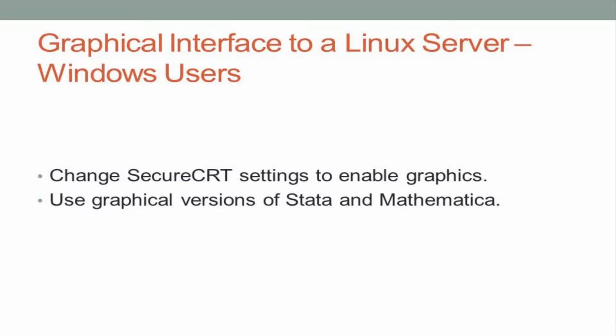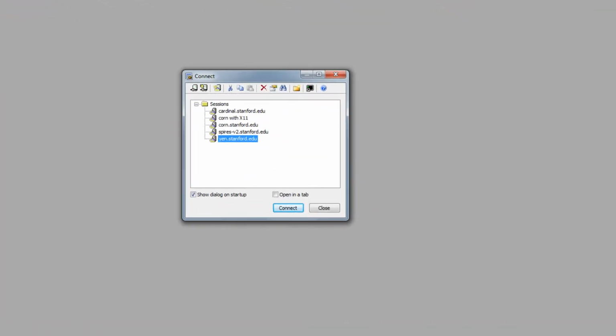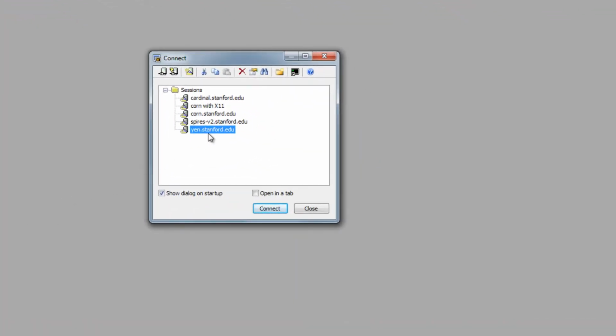This video is going to show you how to connect to a Linux server, this time using a graphical interface. Now, this is a very easy thing to do with a Mac. On Windows, it takes a few extra steps, and I'll show you what those are. So, like before, I'm going to use Secure CRT, and this time I'm going to make a copy of the